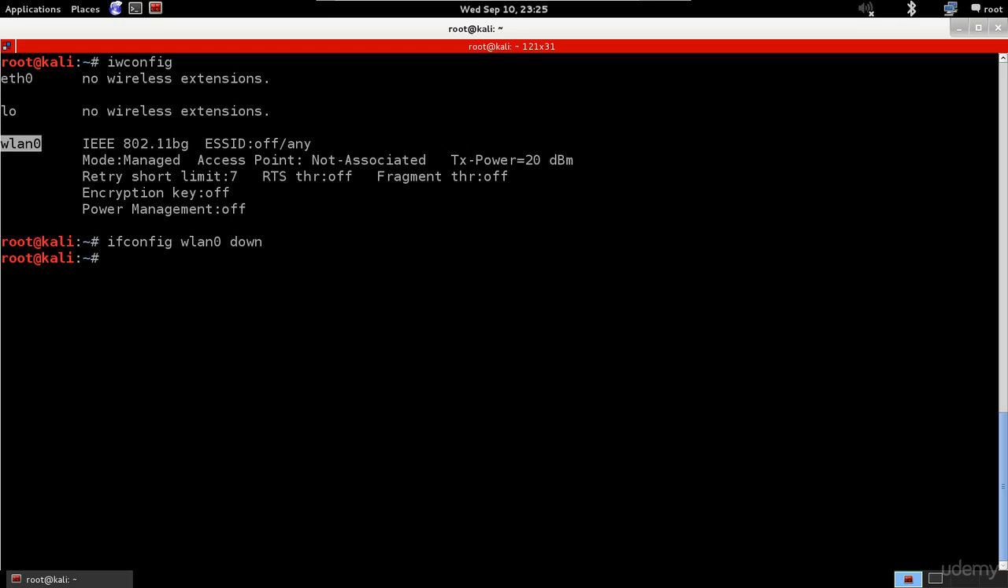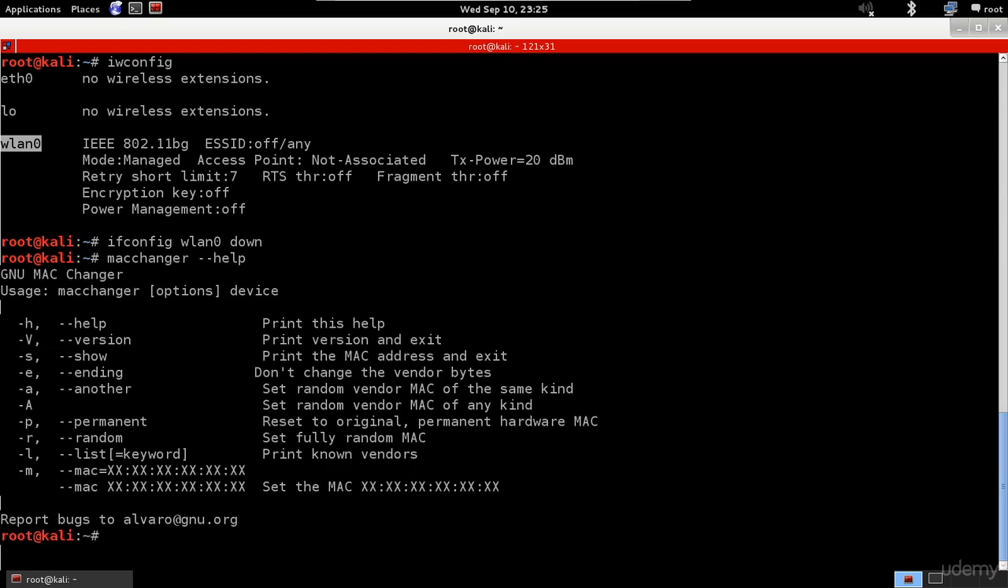Now we're going to change the MAC address. We're going to use a tool called MAC Changer. With these tools, it's always a good idea to look at the help. So if you just run macchanger --help, we'll see all the options that we can use with this tool. You can use -V to show the version, and -s to show your current MAC address,